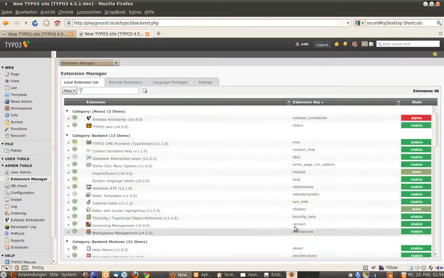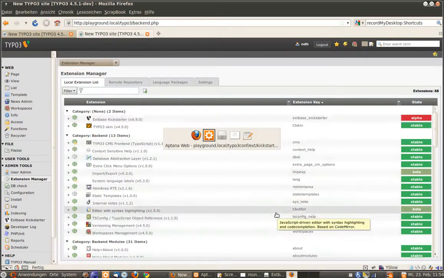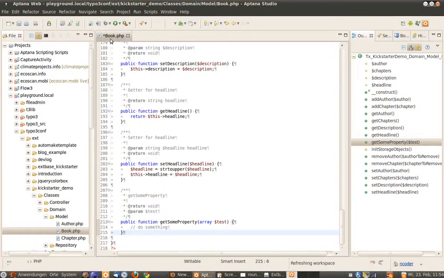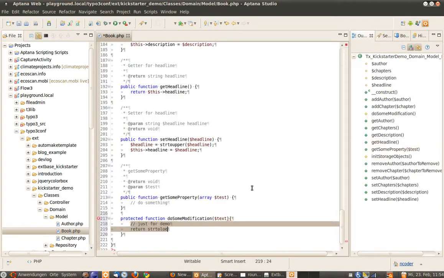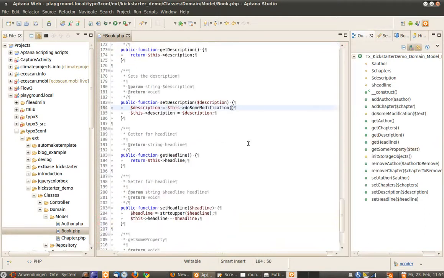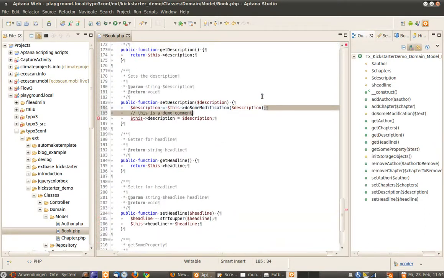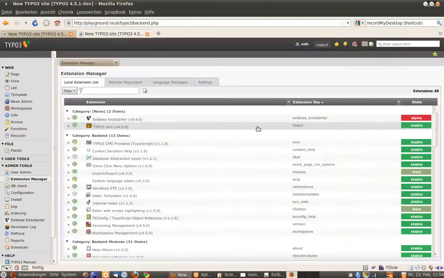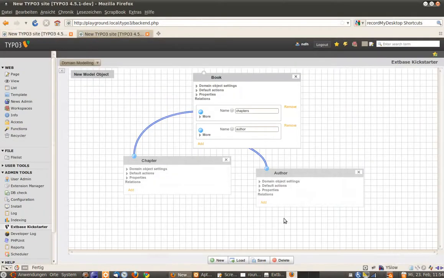Okay, now we can start to modify the source code. Here you see the model of the book, which has the auto-generated methods. Now we will start to add a custom method, and use this method in a getter or setter in this case for a class property. Now we save, switch back to the modeler, and here we can save again